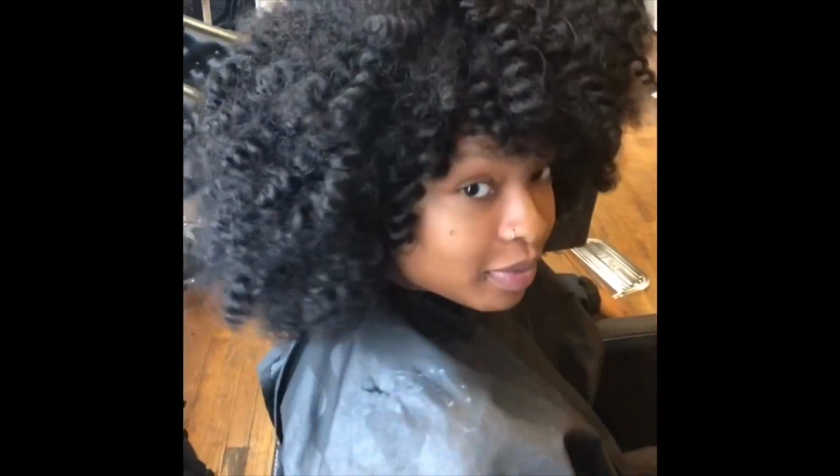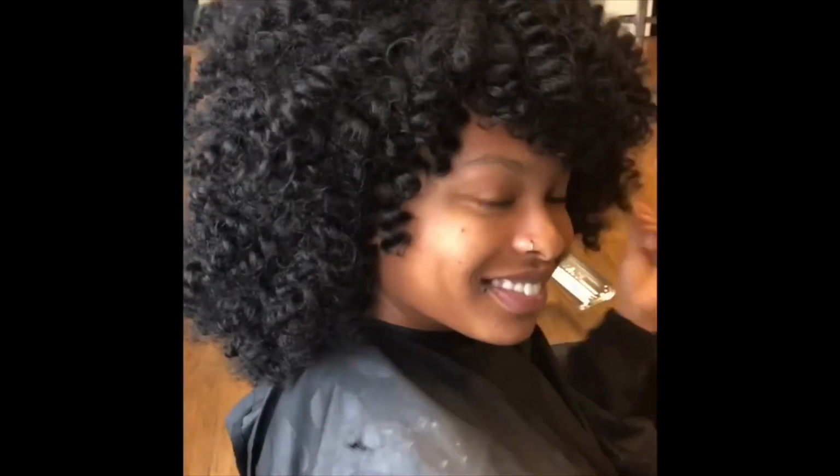She can do this like low ponytail situation. This style is very great. I would say it would last about a month. I wouldn't keep it any longer than that. If you want a tutorial on how to take it down,